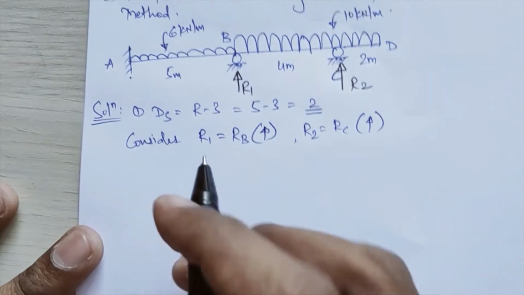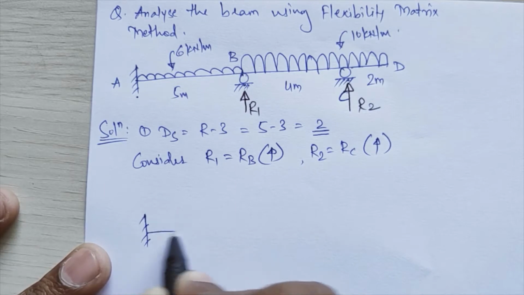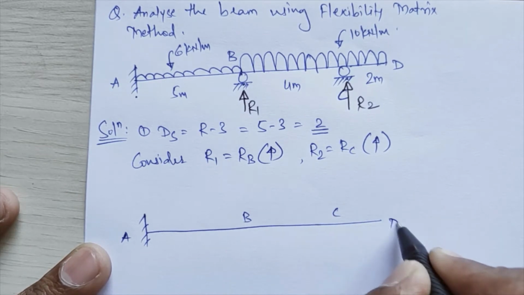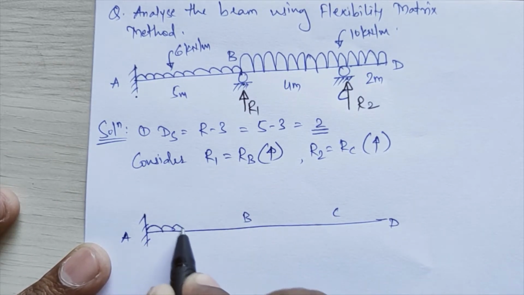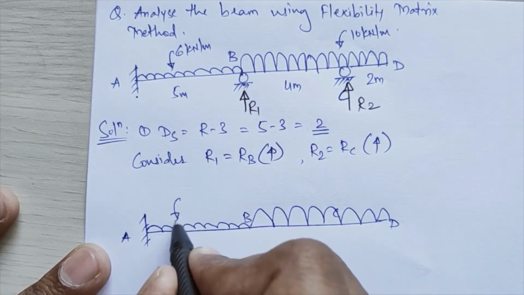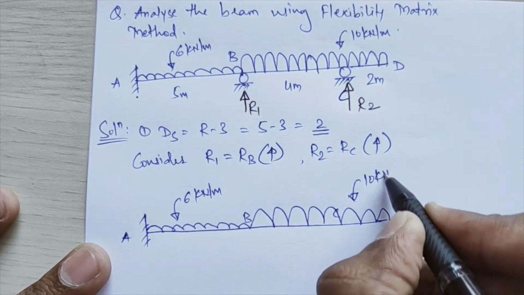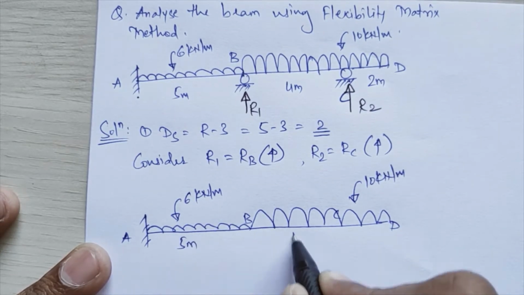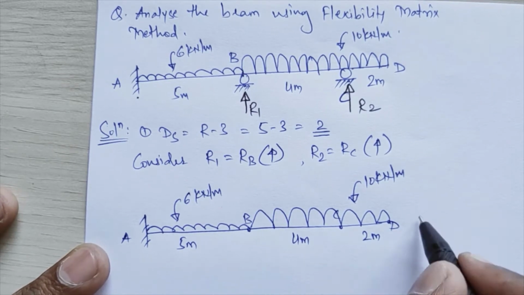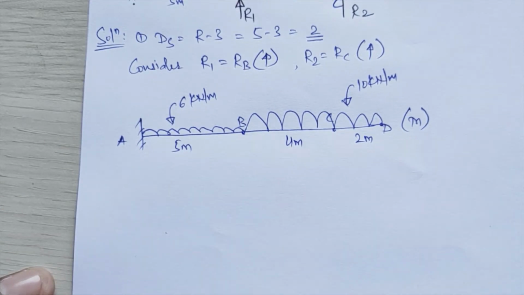So I'll draw the capital M diagram. In the capital M diagram we'll remove these constraints, at points A, B, C, and here I have point D, and I'll keep the loading given to you as it is. So this is your 6 kilonewton per meter. Here you have 10 kilonewton per meter, 5 meter, 4 meter and 2 meter. Okay, so this diagram will be your capital M diagram. That is, we have to remove the excess redundants from this.